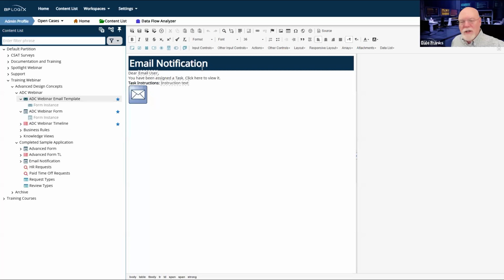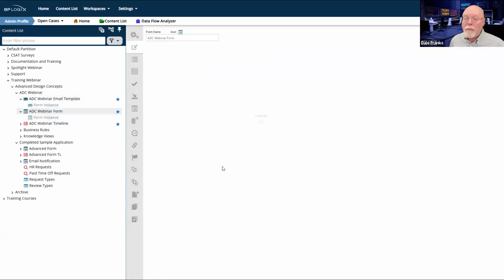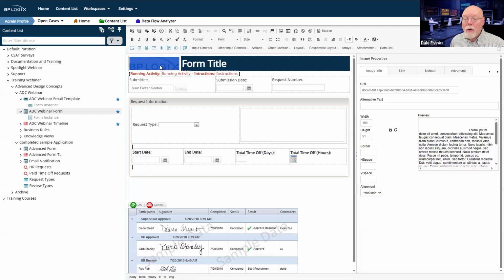There is some customization that you can do with your emails in terms of text and text colors, background colors, and stuff like that. You can get away with it. But notice what I don't have here, but that I do have on my form, which is a logo.